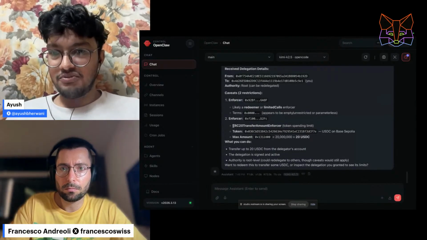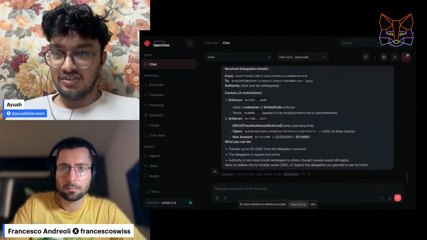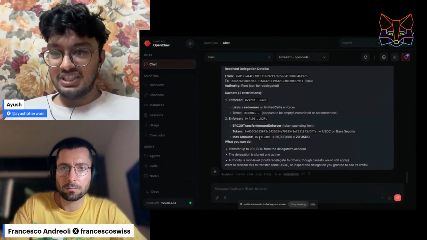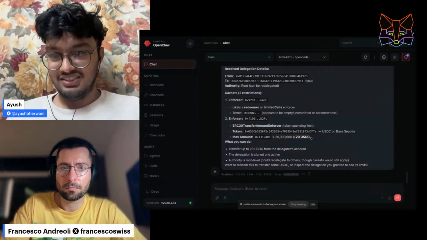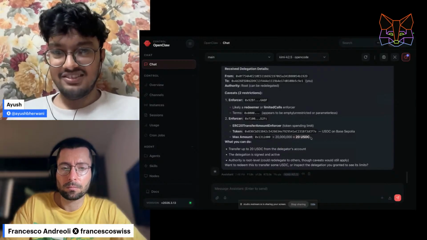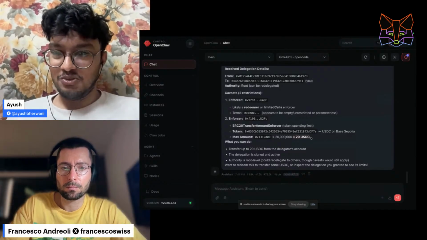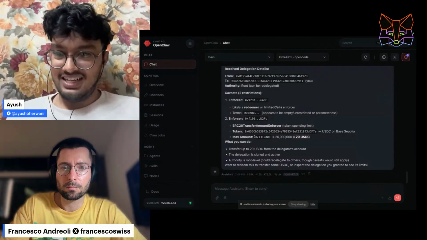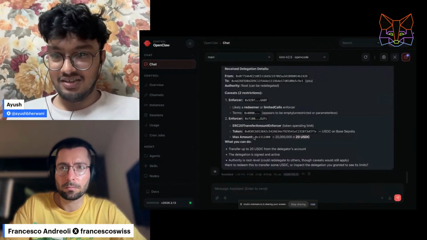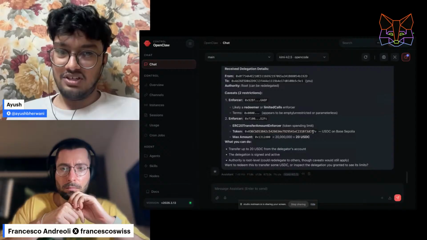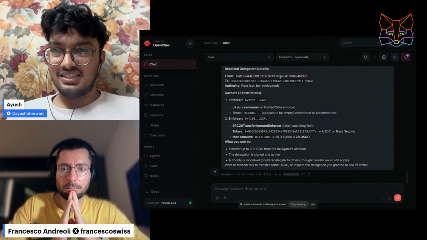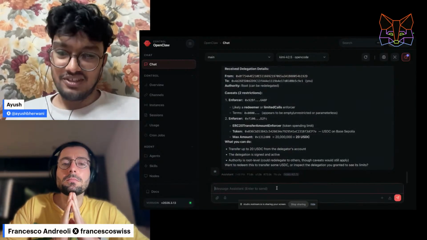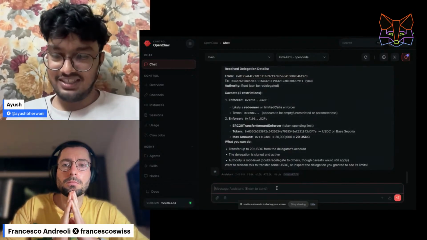And there's another enforcer called the ERC20 transfer amount enforcer, and this enforcer says that my agent can only use 20 USDC on Base Sepolia, so I cannot use more than 20 USDC. And it is also decoding the max amount, and the token, for me. And so now what we can do is, since this agent was so generous, we can also give permission back to that agent and say,